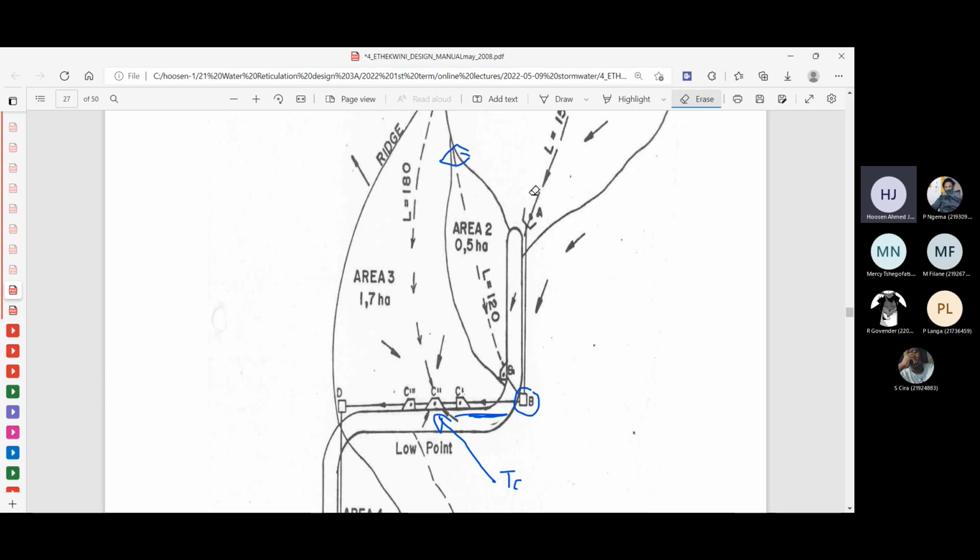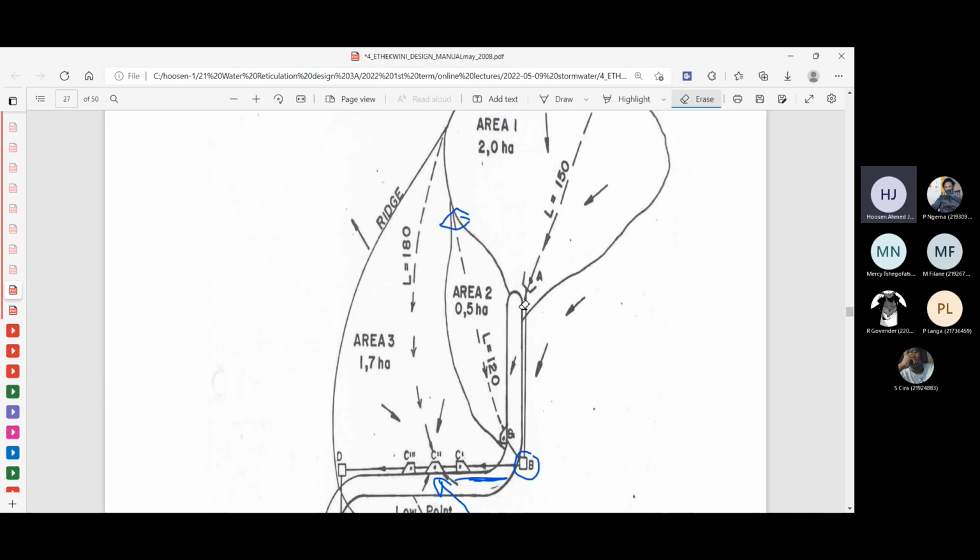Because the quantity of flow that you're going to have at point A is influenced by the return period. But we're still using that same, and if the quantity of flow changes, then the velocity